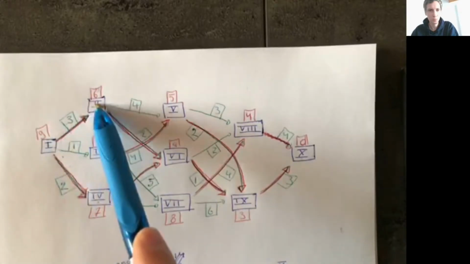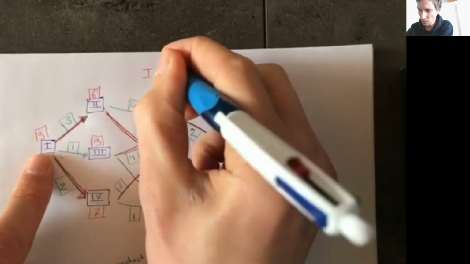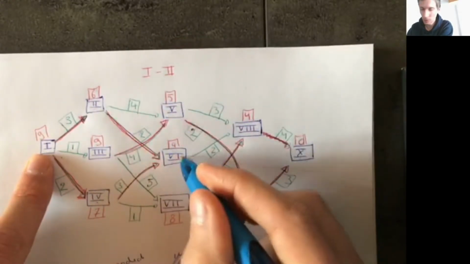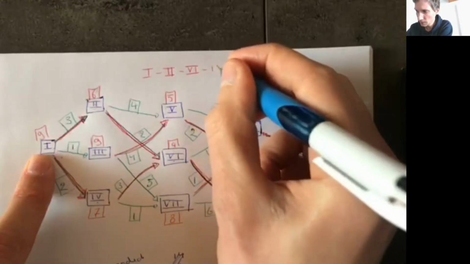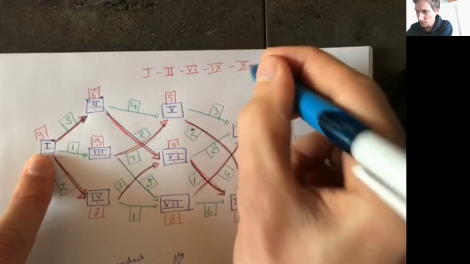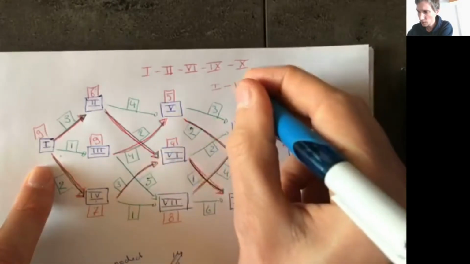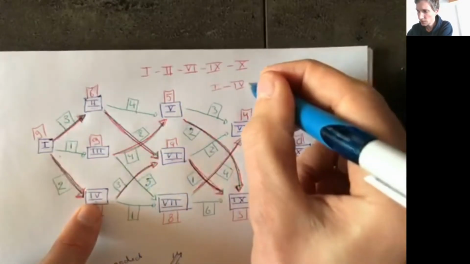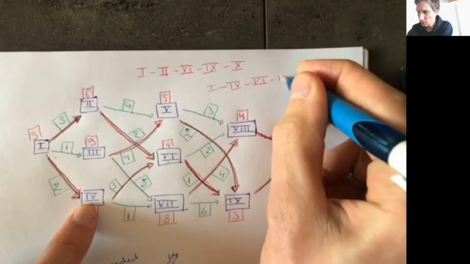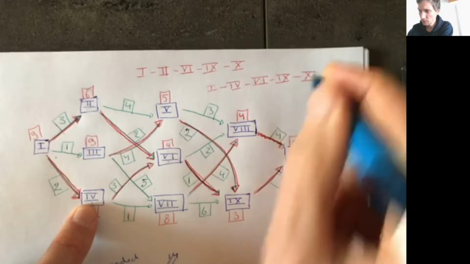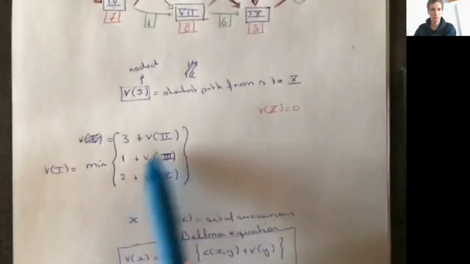I go from 1 to 2. So let me write it down. 1 to 2, and then 2 to 6, and then 6 to 9, and from 9 to 10. Okay, so this is one solution, or I can go from 1 to 4, 4 to 6, and then I continue as I did before to 9 and then to 10. Okay, so this gives you the solution using this idea of